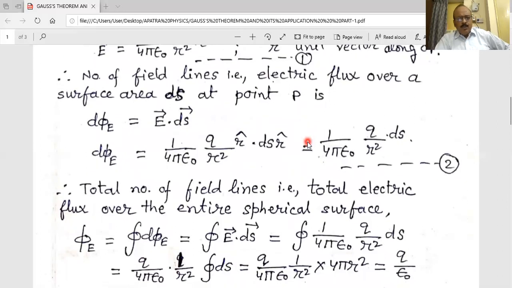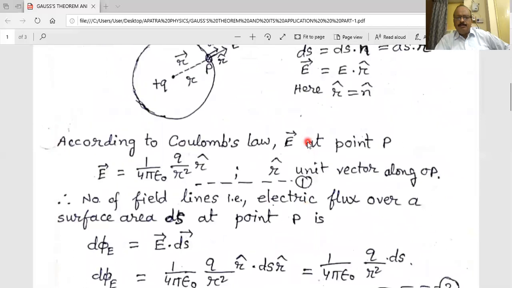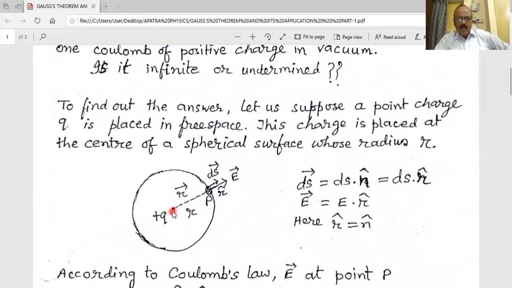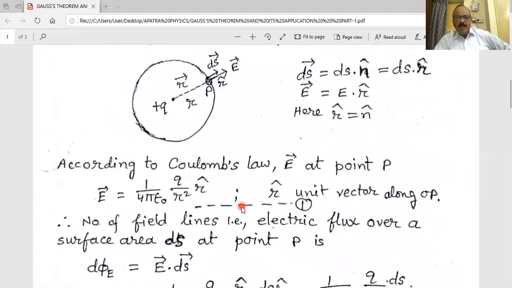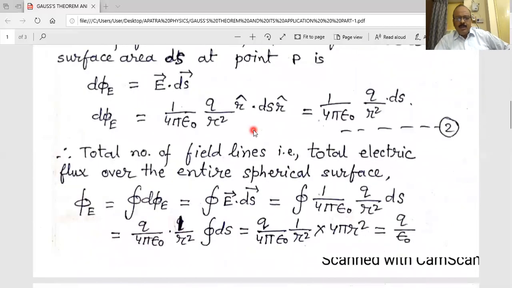Our target is to find the total number of field lines. Now look at this figure. The field lines are not only along the P direction. Electric flux is a three-dimensional case, in all directions, and we have so far only the electric flux or field lines through the very small surface area ds. So to find the total number of field lines, that is the total electric flux over the entire spherical surface,